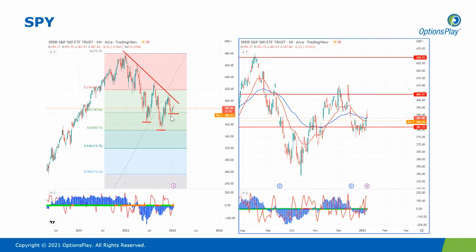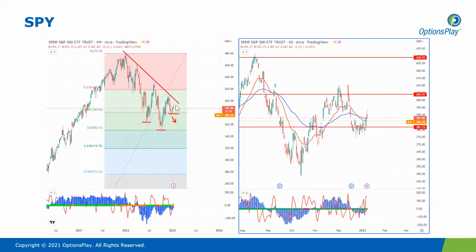I was expecting a move lower before we started to see signs of capitulation, but if the next two candles on the weekly time frame stay above that 38.2 fib level at 380, that would, in my opinion, qualify as a higher low, and we could see that capitulation form out. And overall, my thesis would still remain intact for the first half of 2023, which is somewhat more neutral price